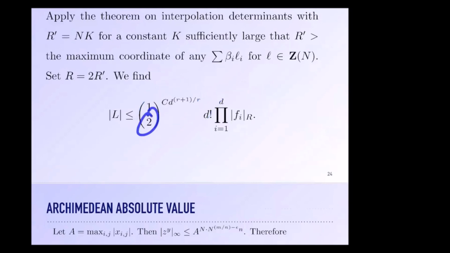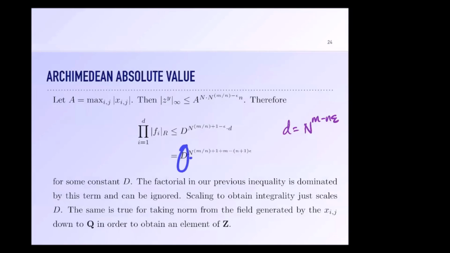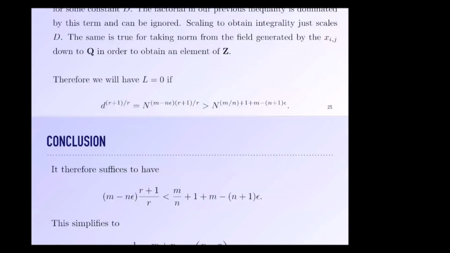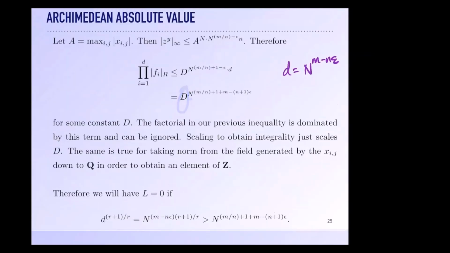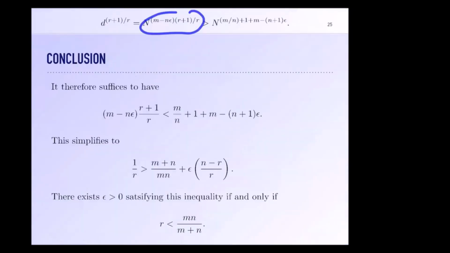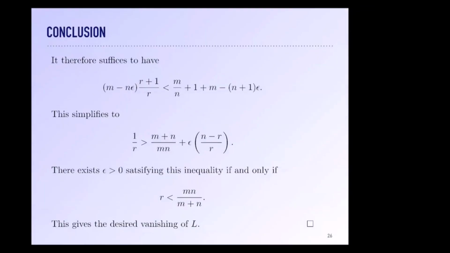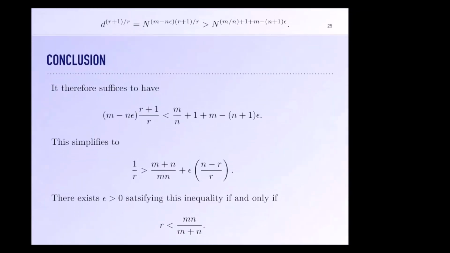This is a 2 and this maybe is a big D. All that matters is the exponents. So what are the exponents? The exponents are d to the r plus 1 over r and this complicated thing in n. You plug in the definition of d, so you get both things in n, powers of n, and which power of n will be bigger is just which exponent will be bigger. So you just write that out. This exponent is bigger than its exponent, and